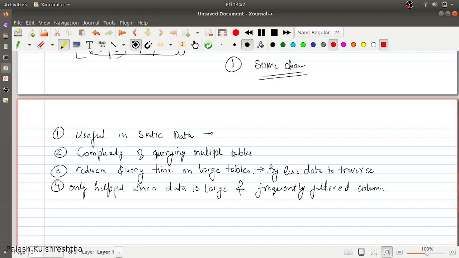If your data is large and you are accessing or filtering on fields which are present in the denormalized table, then it is going to give you a very good boost. But if you're not accessing or filtering on the denormalized table's fields, then it is not going to give a good boost.